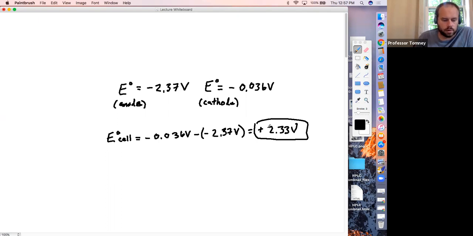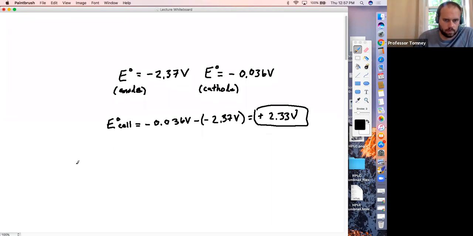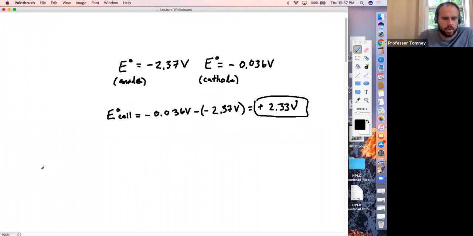Now, in order to use the Nernst equation, we're going to need that value, and we can set it equal to the gas constant over n, and then the natural logarithm of the concentration for the equilibrium constant, right? So if we come over here, the way that we're going to solve B is we're going to say E cell, and note that there's not going to be a standardized value here because we're moving out of standard conditions, is going to be standard E cell, 2.33 volts, minus 0.0257 volts